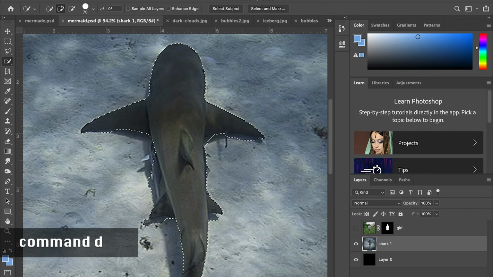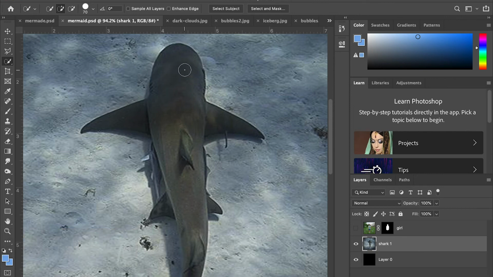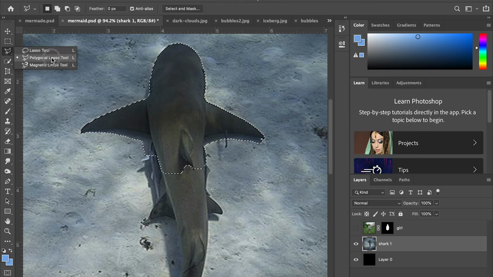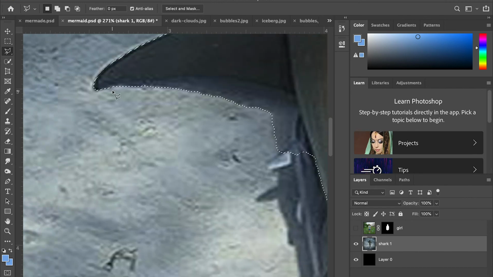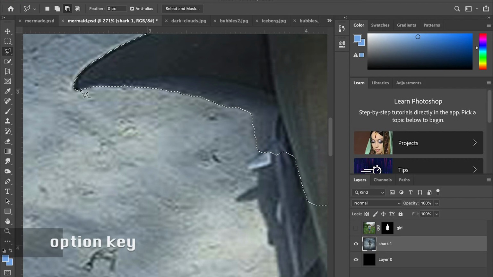So let's deselect, Command D, and what I'm going to do is just quick select this part, and now I'm just going to use my polygon lasso and do this the old-fashioned way, because it's just too difficult to pick up. So I'm going to take away from the selection here, so holding the Option key down, I'm going to start,